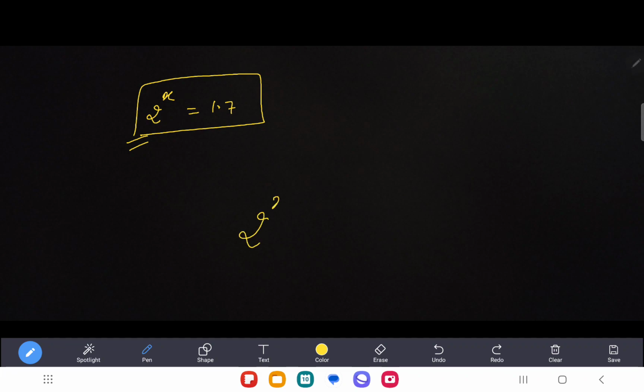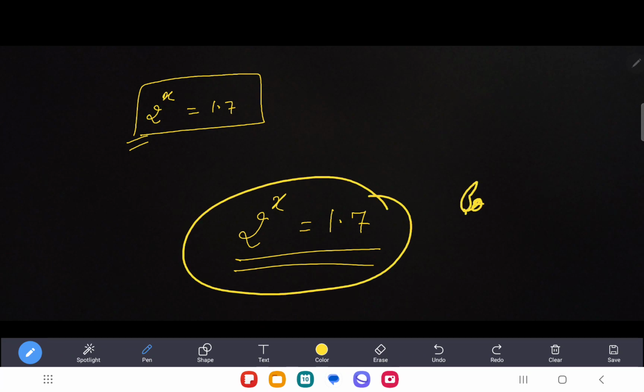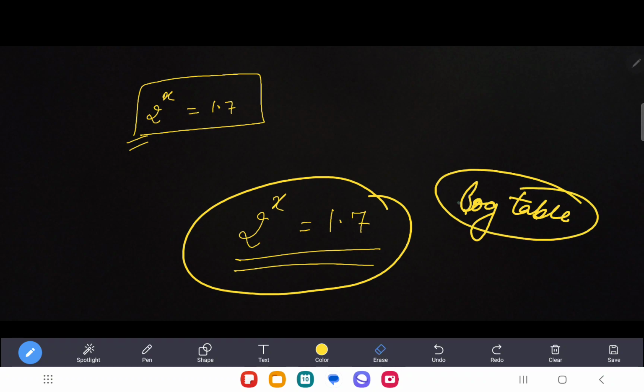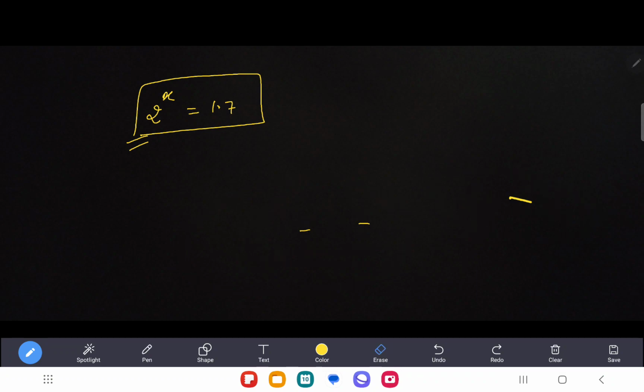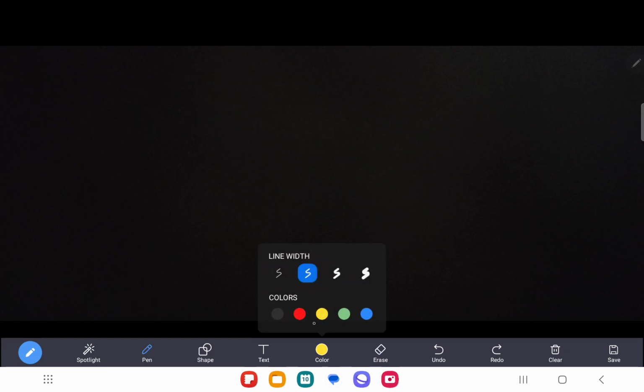But now if I say 2 raised to power x gives me 1.7, is it possible to solve it easily manually? No. Because of this, we have devised the log table. You understand my point? So that is the concept. So you have to understand this part, that when we are doing the log,